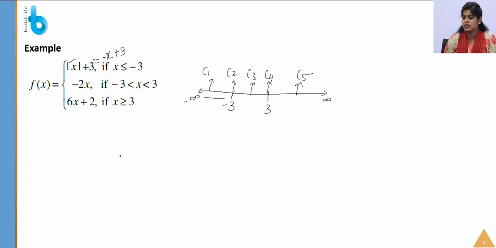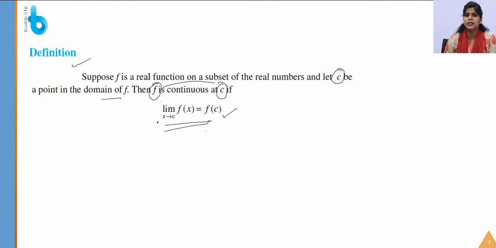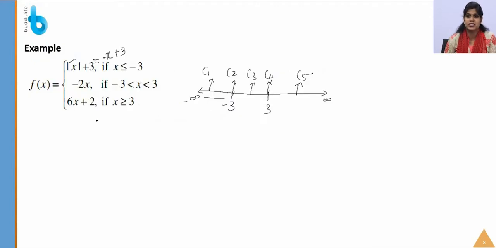The simple concept we are going to follow is, limit x tends to C, f of x equal to f of C. If this holds, your function is continuous at C. So for each and every case, we are just going to find f of C, and after applying the limit for f of x, we are going to verify whether the value is equal to f of C. Okay, first we will see case 1.